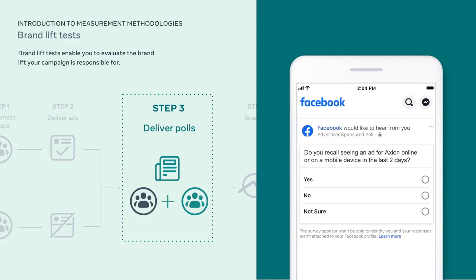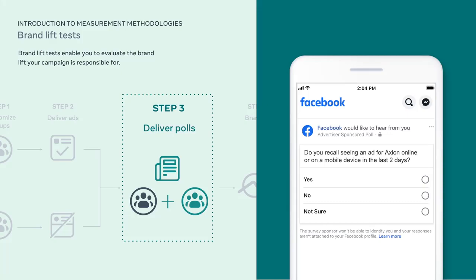If we look back to our RCT methodology in step 3, polls are delivered to both the test group and the control group. This is how polling in the test appears on the platform. You can ask people if they recall seeing your ads and up to 2 other questions of your choice. And this might involve brand favorability or product consideration. And each person in your test would receive just one question at a time in a random order. If someone is eligible to receive the poll question, the system shows it to them between 4 to 48 hours